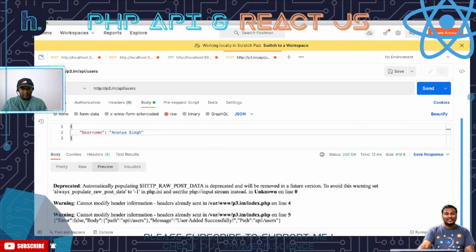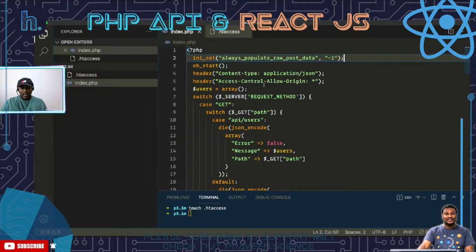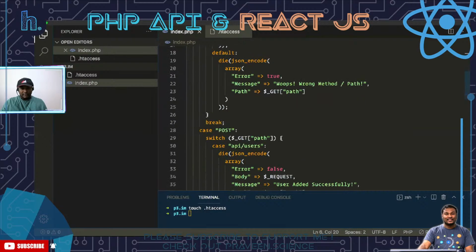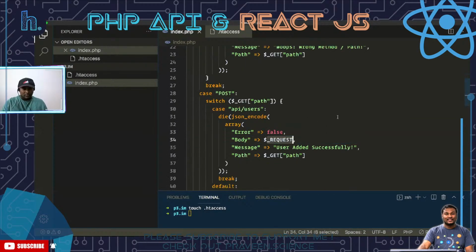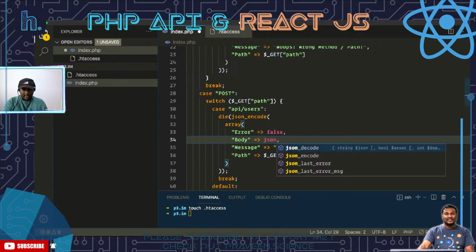So let's try to use the PHP input stream here. And I guess the reason why I'm getting it is because of this one. Is there any other $_REQUEST? Okay, since I told you PHP is very old, we need to use the PHP input stream. How we are going to do it is we will be doing a JSON decode and